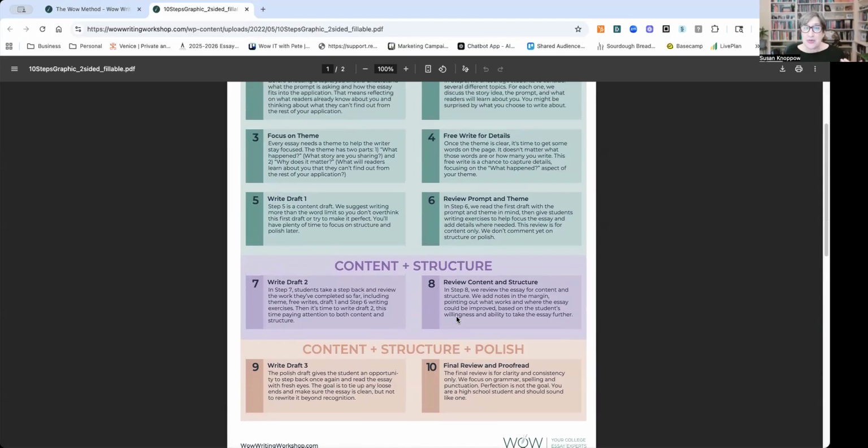And a polish review is crossing the T's, dotting the I's, making sure that all the stuff is in place. This is important because you need to know where you are in the process. If you don't know where you are in the process, and I just put this handout into the chat again, if you don't know where you are in the process,